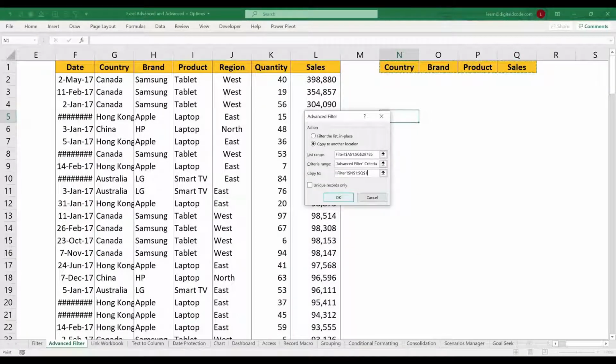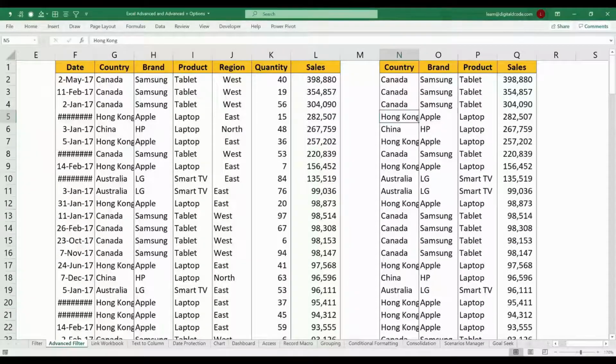If you do this, you will get only that particular column information instead of all the information. If you want all the data, you can choose a blank cell. If you want only specific data, then instead of a blank cell, just select the column fields, and you will get only those column fields as a result.